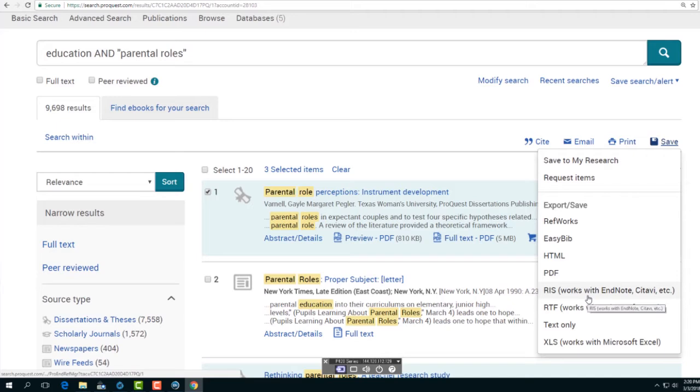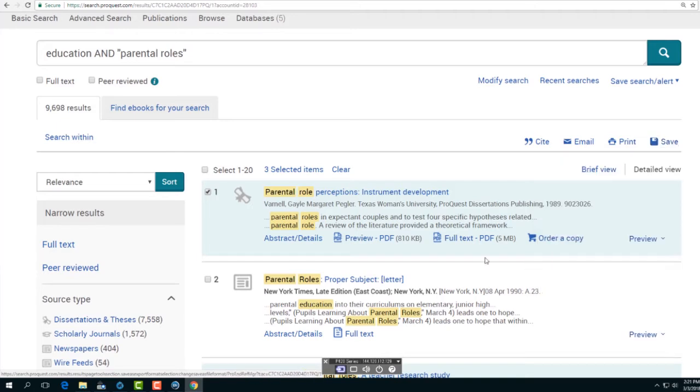And then the one that we want to use for EndNote and also for Mendeley is called RIS. So you know how normally for a Word document you have .docx, that's the file extension. The file extension that works with EndNote is .ris. So we're just saving a file, like downloading any file on the computer. So click RIS,